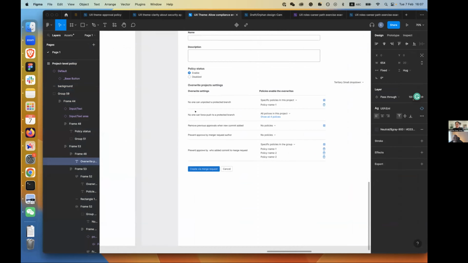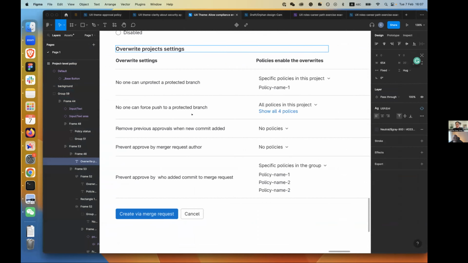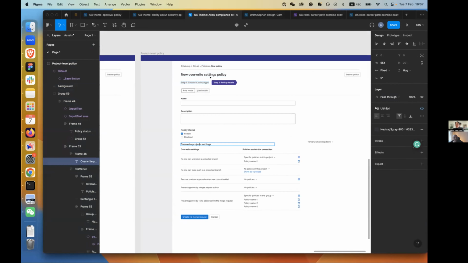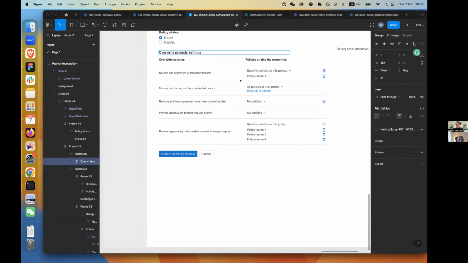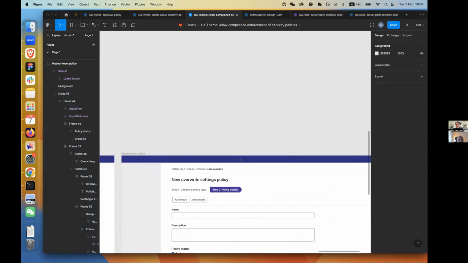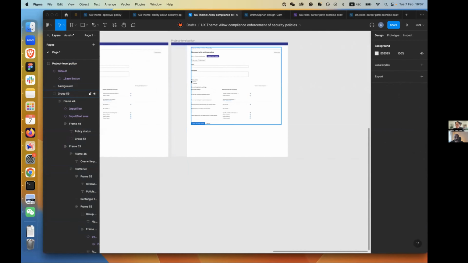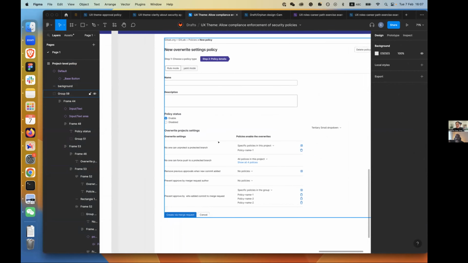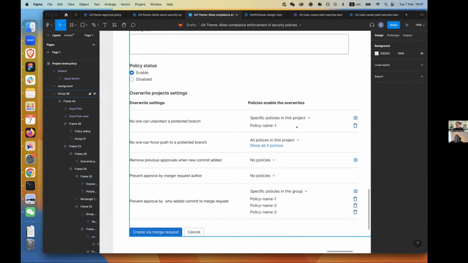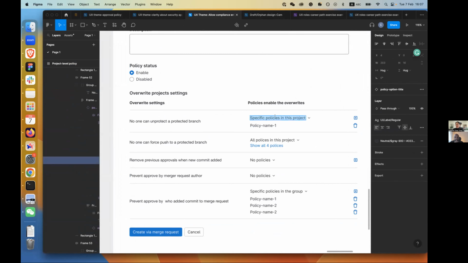So now what we can do is create a new policy that says override settings. For example, like the one I showed you before, with this checkbox in each policy you enable it. So I can also create a new policy which says override these settings is enabled for what project. And I think in the future it could be easier. It doesn't say project, it could say role. If they create a new role, like